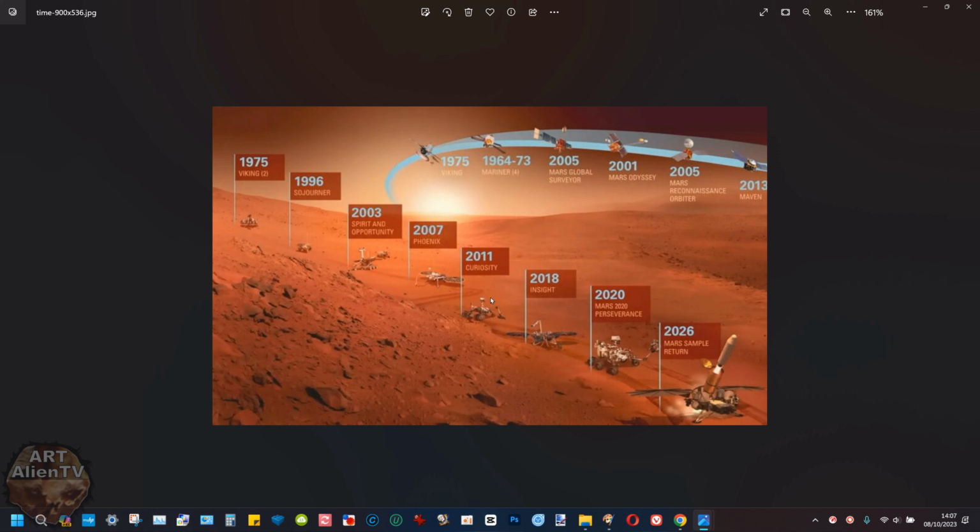I think the Curiosity rover and possibly the Perseverance rover were not sent there for geology primarily. That's a secondary mission, right? That's the official narrative. The unofficial narrative is they were sent there to monitor the UFOs, which they knew would come and monitor them, right? Because they must have known that the Spirit and Opportunity rovers were monitored by UFOs, right? 20 years ago. Because you can see them in the images, like I've just shown you, right? So they must have known that. And this is why,